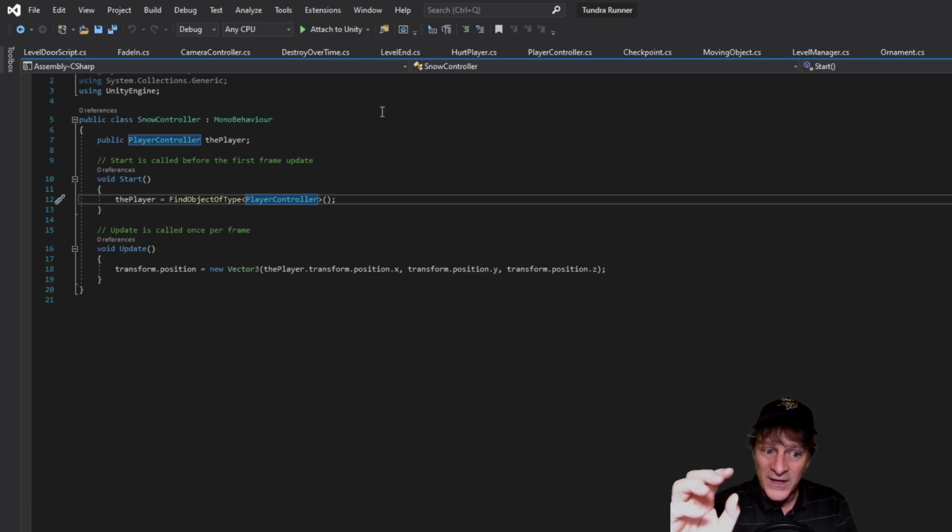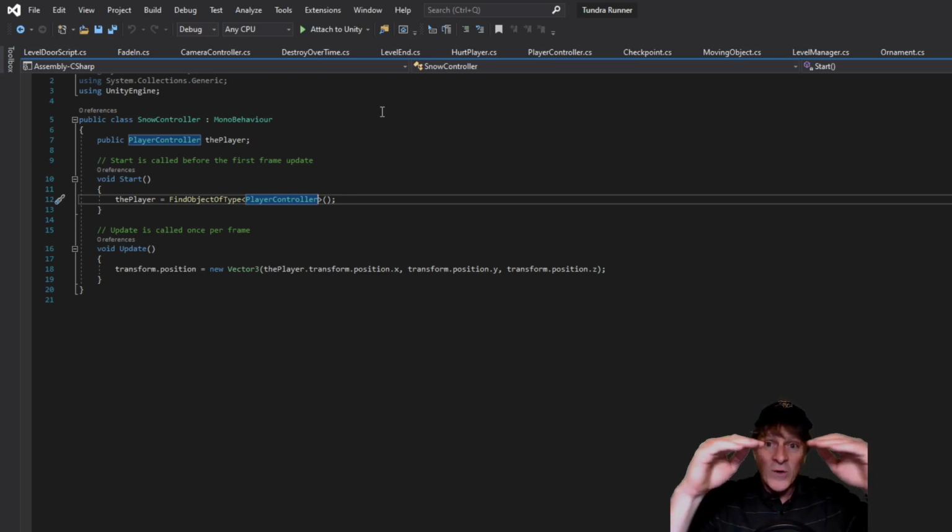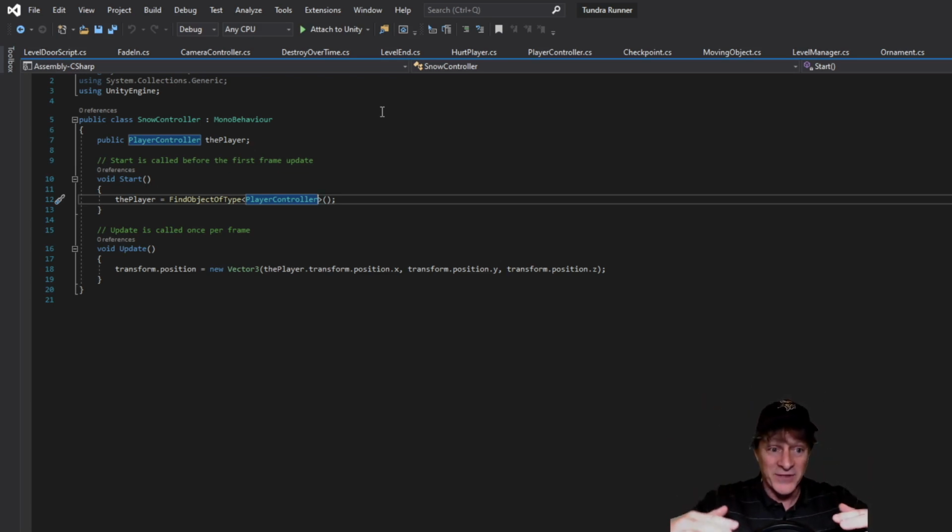The idea was, okay, I'm going to write a script, and I'm going to attach it to the snowfall that's going to tell the snow system to follow the player's X coordinate, the horizontal coordinate, but then always stay a consistent Y coordinate and Z coordinate away from the player. So that when the player jumps, the snow system isn't going to move up and down. It's just going to track the player like this and fall down at a steady rate.